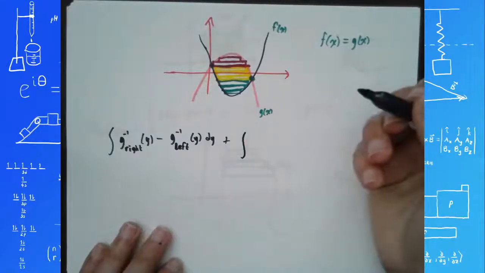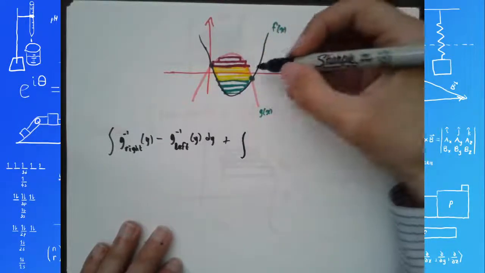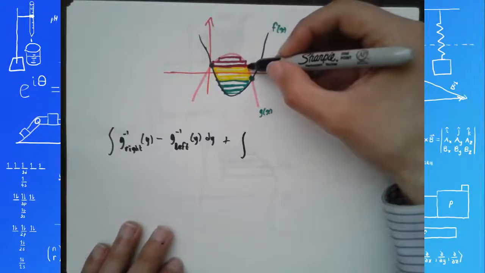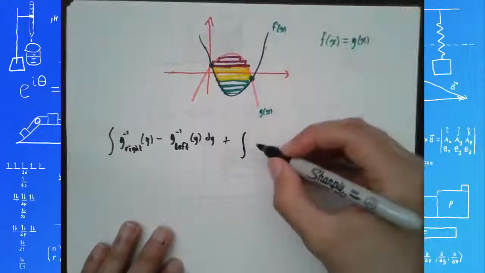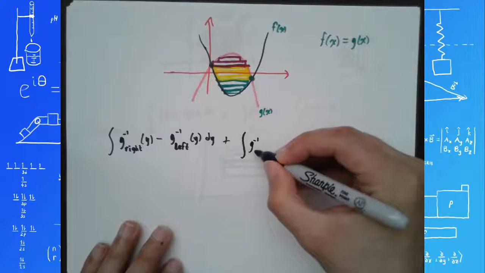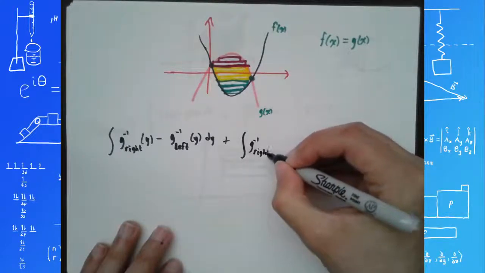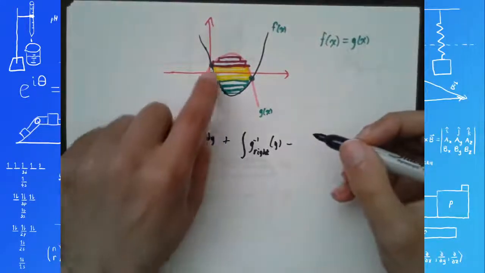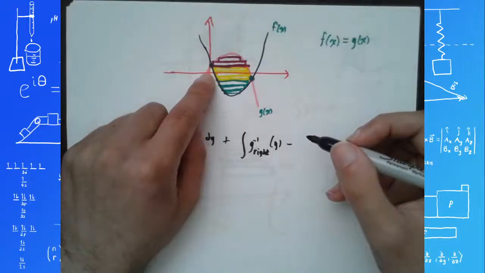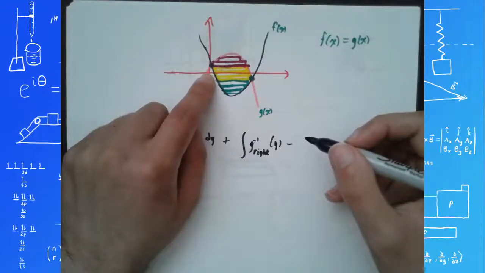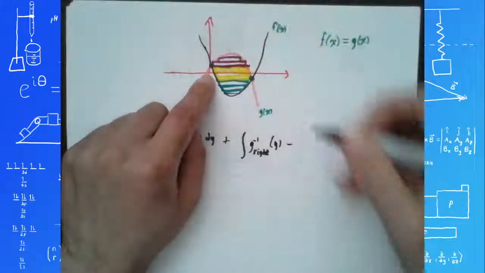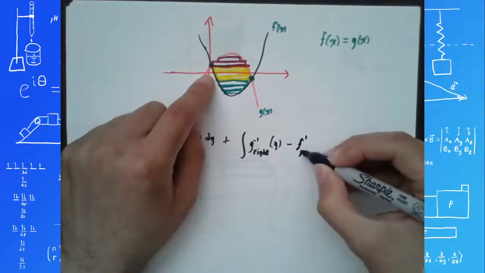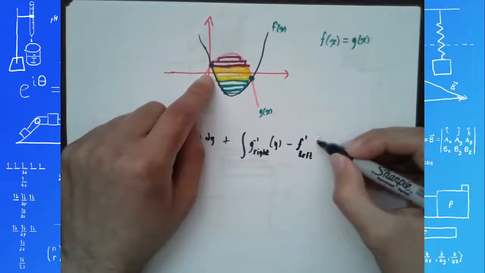And then your second integral, so that's what I've done in yellow. So that one, the rightward bound is the pink curve, so that would be g inverse right of y minus, to the left in the yellow section is the left side of the inverse of f of x, the navy blue curve. So that's going to be f inverse left of y